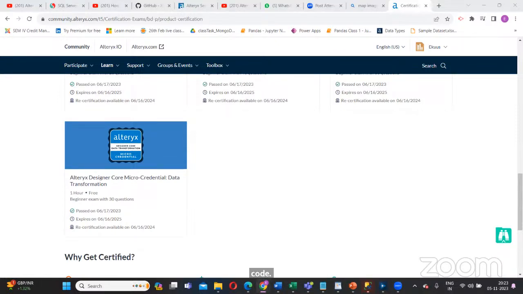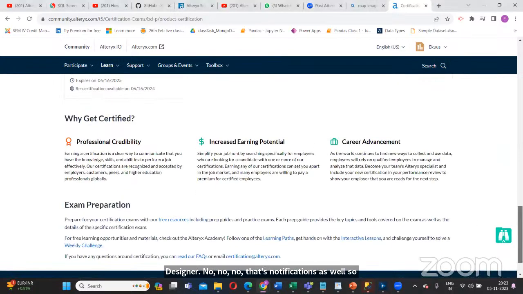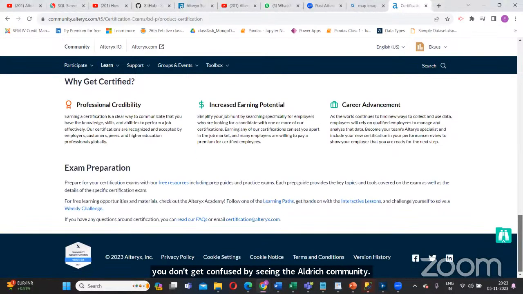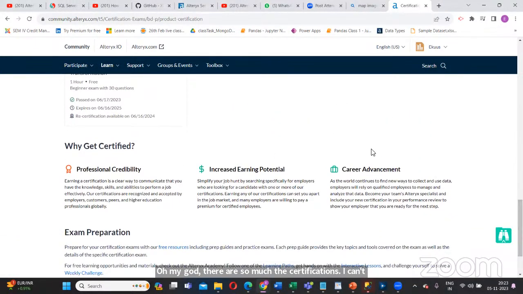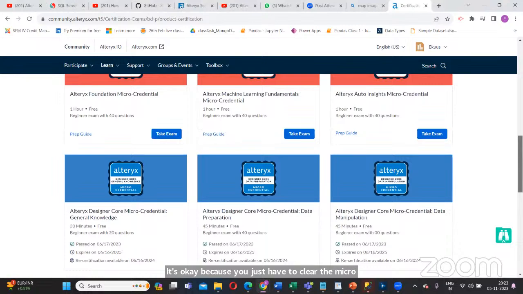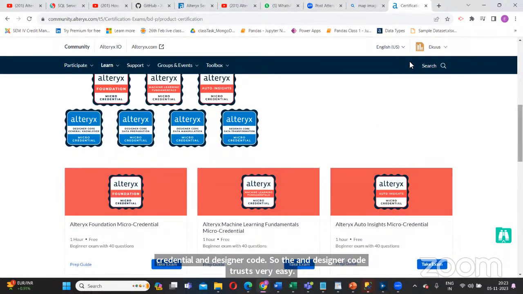There are other certifications as well, so don't get confused by seeing the Alteryx community and think, oh my God, there are so many certifications, I can't do it. Don't get harassed, because you just have to clear the micro credential and Designer Core. And Designer Core, trust me, it's very easy. So the syllabus covered in it is also like, if you see,